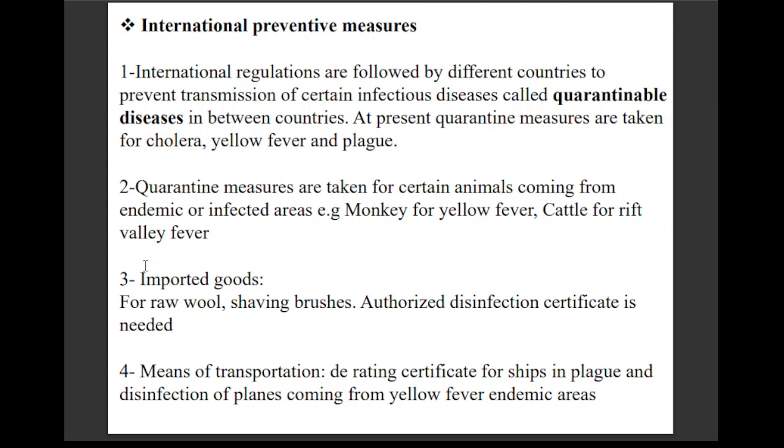that country. Then quarantine measures are taken for certain animals coming from endemic or infected areas, like monkeys, cattle, Rift Valley fever and so on. Then imported goods, say raw wool, shaving brushes, have to be authorized, and certification should be followed, or that certification must be checked. Then means of transportation: deratting certificate for ships in plague, and disinfection of the planes coming from these endemic